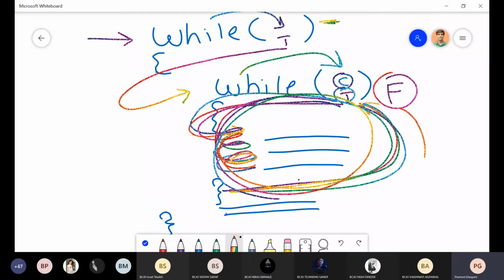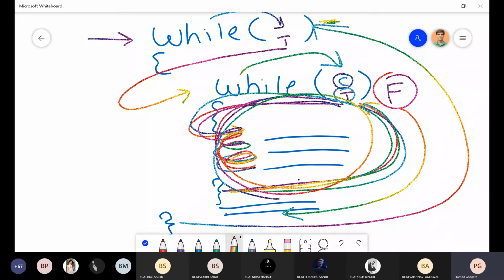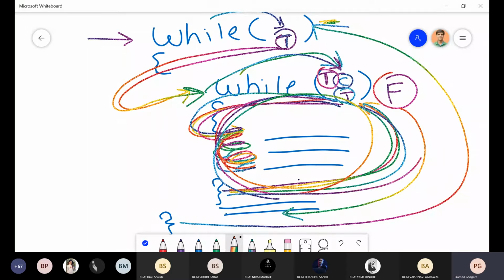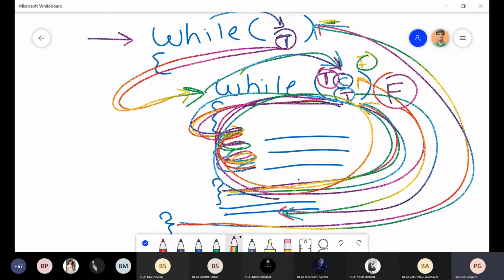As soon as it gets false, it will come to these statements. Okay, suppose these are the statements. So after these statements it will come to this part. Okay, this part means the condition. Now if the condition is true, once again it will enter into the while loop. It will check this condition. If the condition is true, it will come to here. It will execute this. Once again check the condition. If it is false, then it will come to here. Now this is the last statement, so it will come to the outer for loop. Okay, if the condition is false, then and only then it will come to the end of the outer for loop.